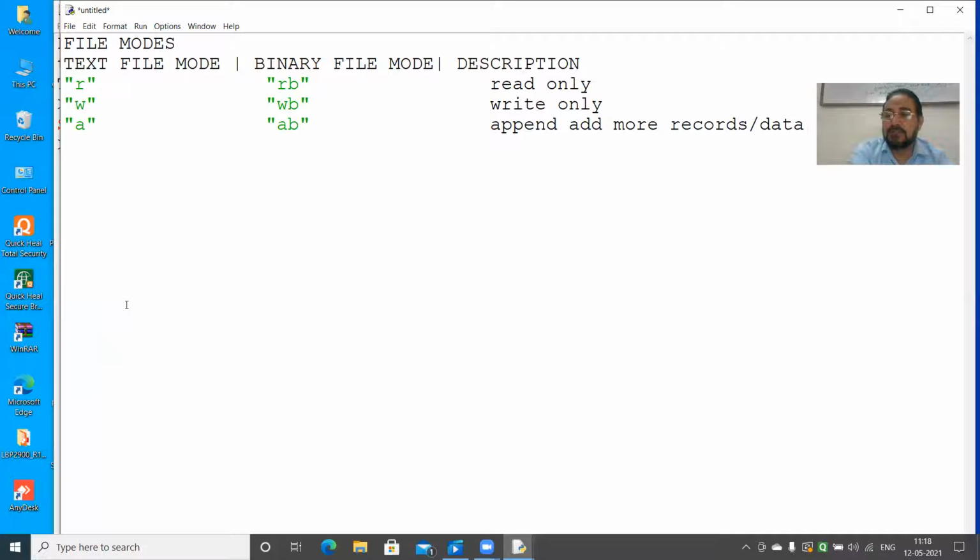So what is the conclusion you have got? W mode, if you write, only the new data is written, previous data are deleted. Actually, it overwrites. It starts writing from the beginning of the file so that all the previous data are deleted. Whereas append mode writes data at the end of the file. That means first 1, 2, 3, 4 records are written, and then you want to add more lines. Then one more line or two more lines are added. Understood? That means the previous data are not deleted because it does not write from the beginning.